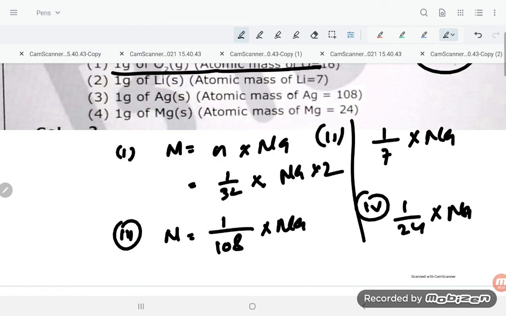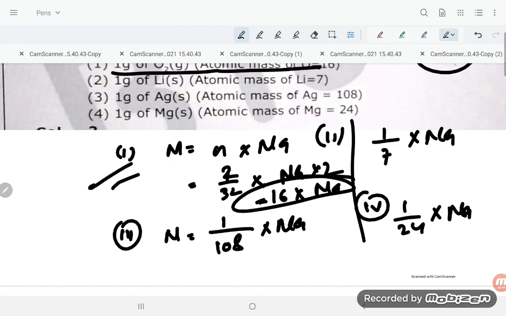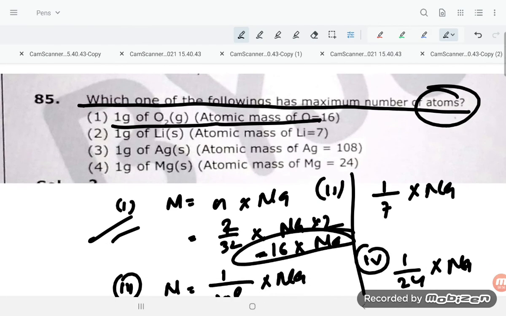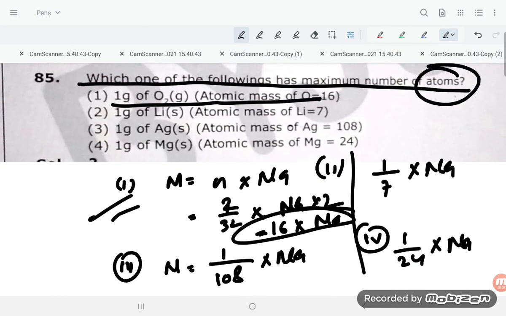So here it is 2 upon 32, that is 1 upon 16 into Na. Which one has maximum number of atoms? 1 gram of lithium they are saying,